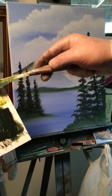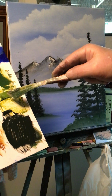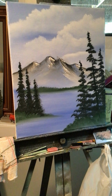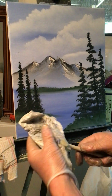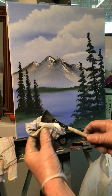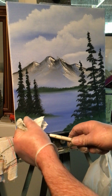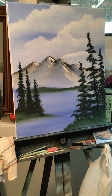This lighter green, I'm actually going to put a little white in it to lighten it up a little more. A little white, okay? And use that as a highlight color. I'm just going to wipe my fan brush off with a paper towel. I'm not even going to clean it. Don't clean your brushes with turpentine while you're doing this. All you got to do is wipe it off. Dip into your linseed oil, and